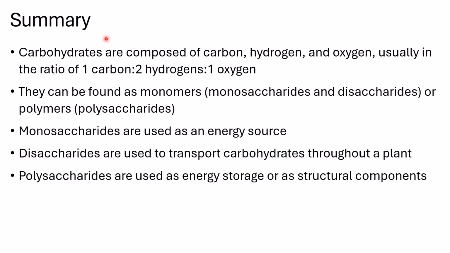In this video, we learned that carbohydrates are composed of carbon, hydrogen, and oxygen, and usually have a ratio of 1 carbon to 2 hydrogens to 1 oxygen. They can be found as monomers, which includes monosaccharides and disaccharides, or polymers called polysaccharides. Monosaccharides are generally used as a source of energy, while disaccharides are used as a way to transport carbohydrates throughout a plant. Some polysaccharides are used as energy storage, while others are used as structural components for the cell, such